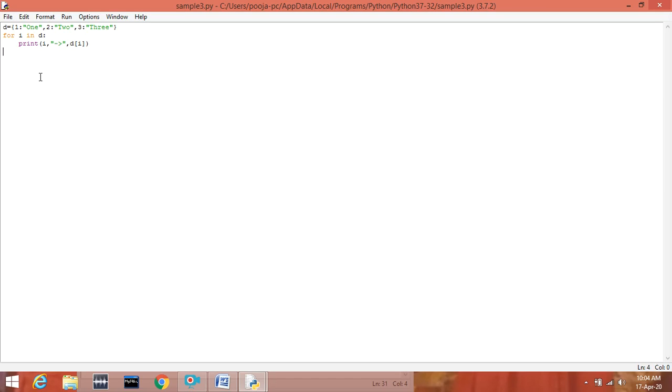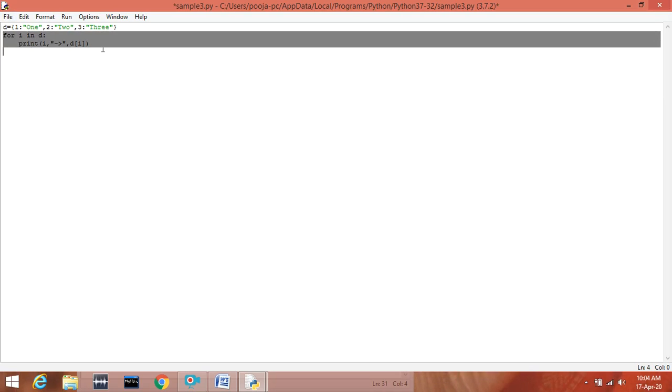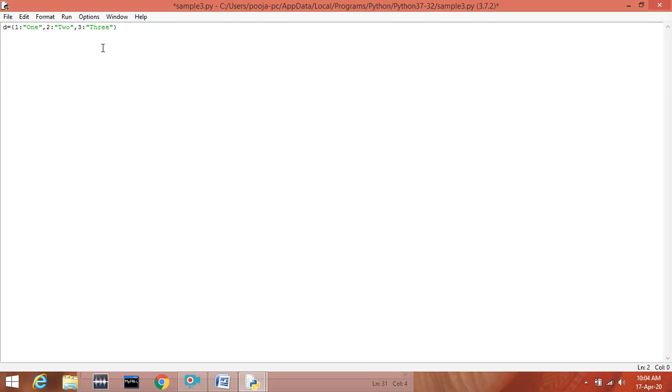Okay? Let's try to add an element and see what syntax you have to use to add an element. So, let's assume that I want to add another element here, 4. So what is the syntax to add an element? You have to write dictionary name, which is D. In the box bracket, you will have to mention that key.